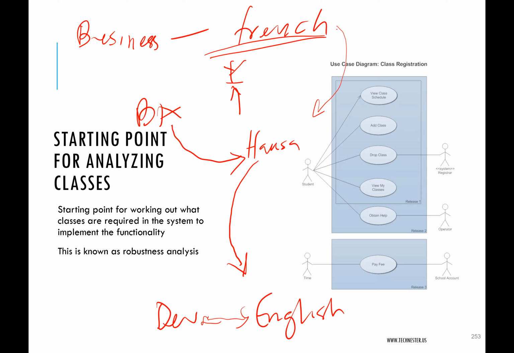That's essentially what you are doing. You are taking this description in a different language, in a business language, and you're trying to break it down slowly to what will eventually become what the developers can understand. This Hausa language, breaking it down to Hausa, and I'm using this as an example, is still useful for business. It's useful for maybe the middle level managers and some other people, that this Hausa is sufficient for them, but it's not English yet. And so the developers cannot immediately implement it. They don't know exactly what you are saying till you bring it down to their level,